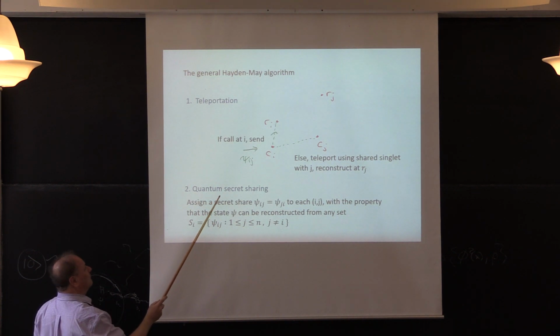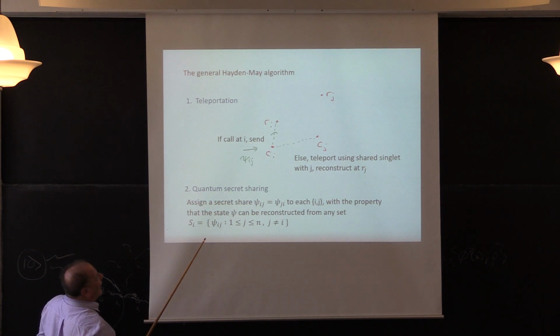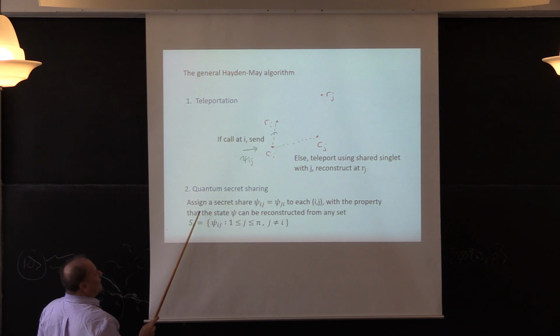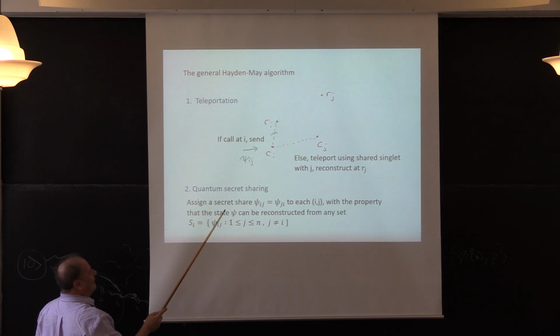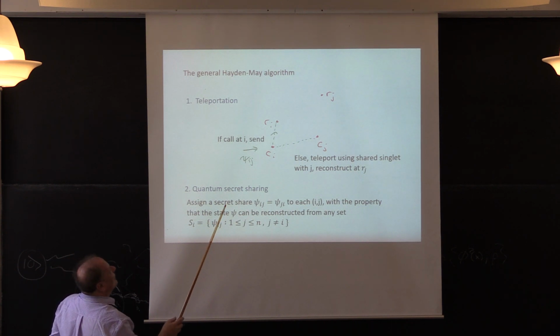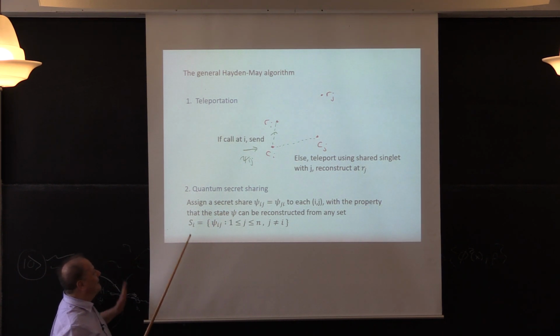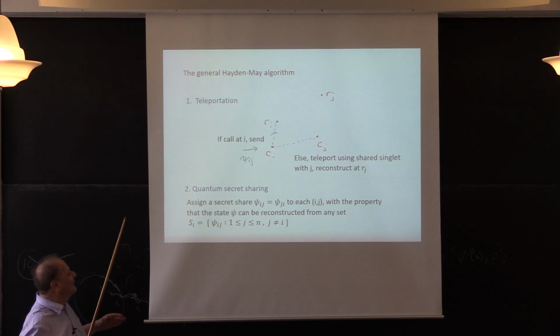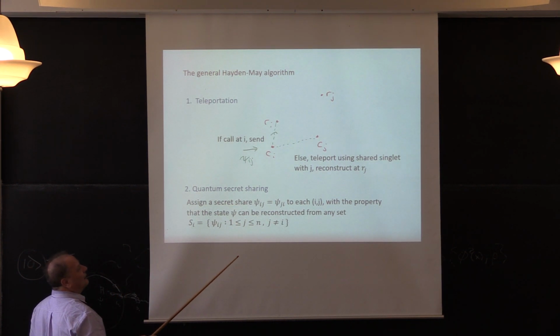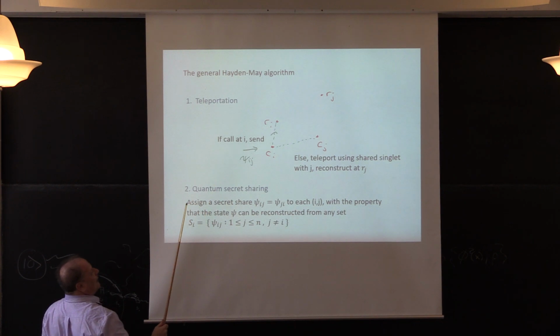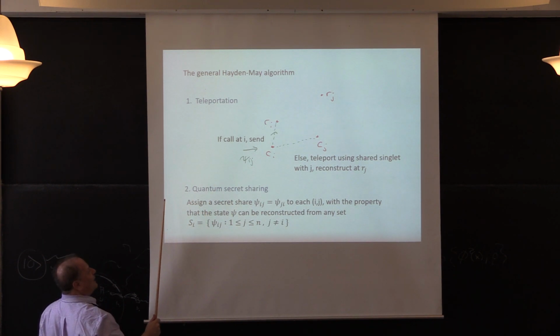Showed 18 years ago, I guess. There's a general theorem about secret sharing schemes, which tells us that anything that isn't obviously impossible is possible in the way of secret sharing. So in particular, if we want to share our state psi